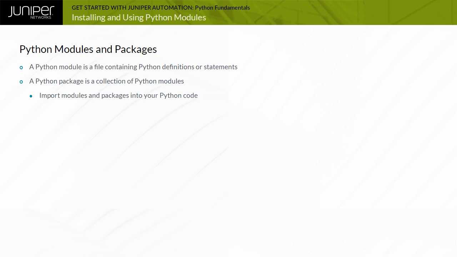Organizing Python code in different modules is useful when similar functionality is required by multiple Python scripts. Python modules can import functionality from other modules, facilitating reuse of existing code. A Python package is a directory containing a collection of Python modules. The Python standard library, included as part of a standard Python installation, has multiple packages and modules that greatly extend